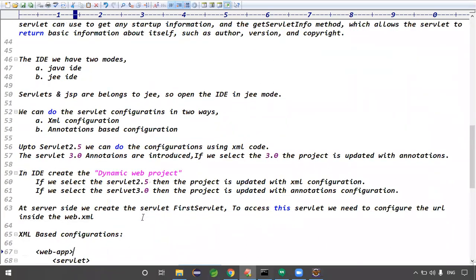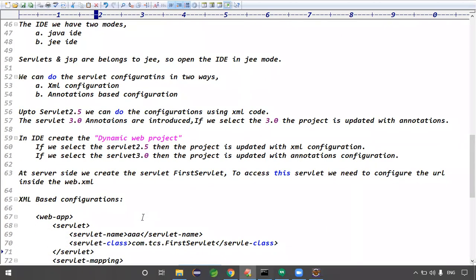So 2.5 versus 3.x, right? If we create a 2.5 project, then the project is updated with XML code. And if you select the 3.0 version,